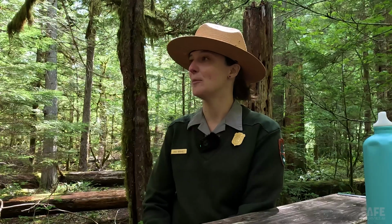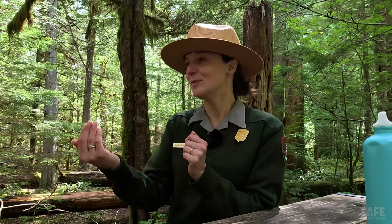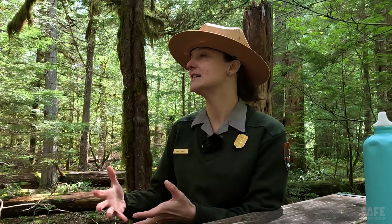So here in our drive-in campgrounds, they all have what we call bear boxes. These big metal lockers that are bear proof. Only a human can stick their hand in there and open it. So it's really important to store all food, coolers, fuel, candles, anything that could have a scent inside one of